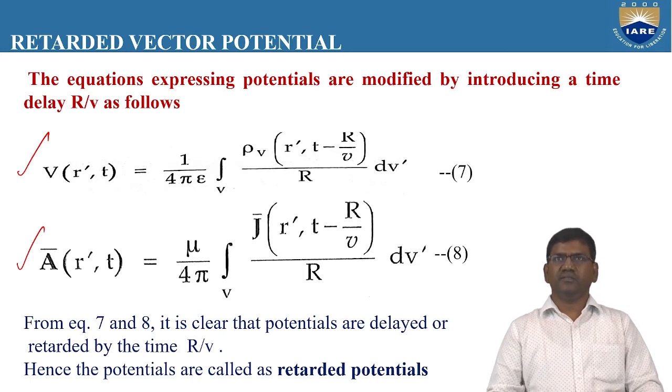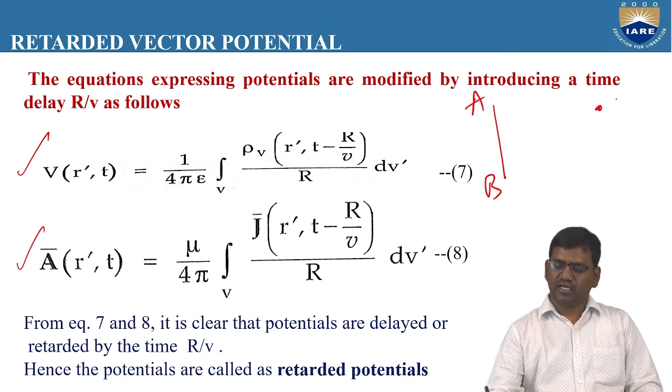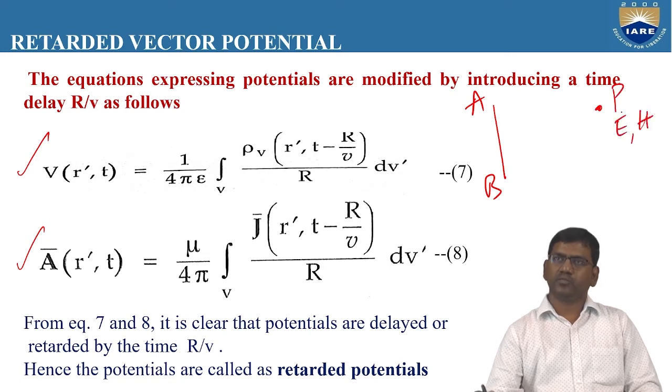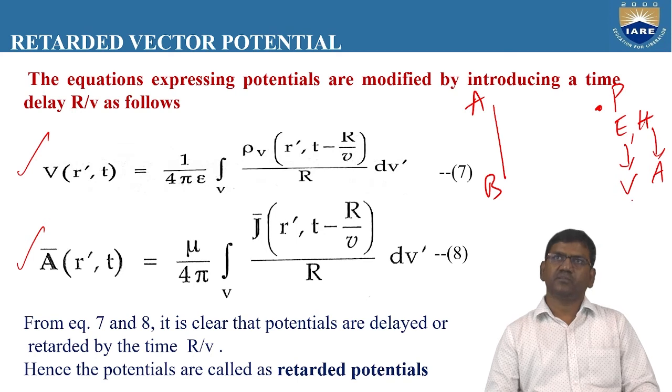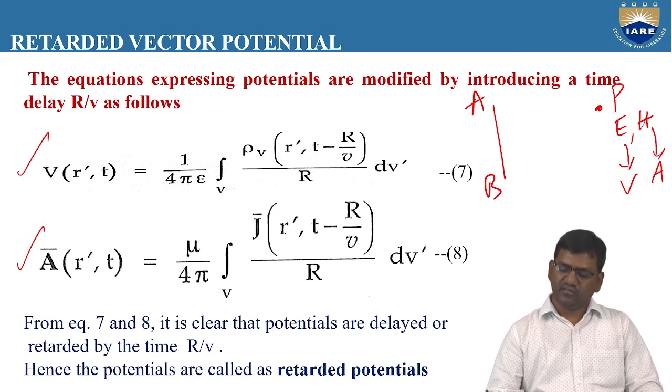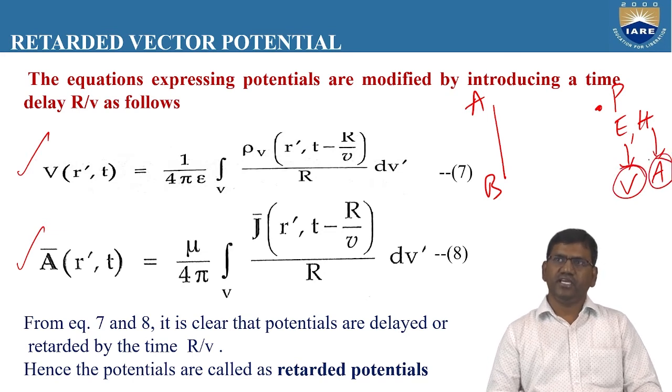Why is this concept derived? To calculate the electric field and the magnetic field. If this is a conductor AB, and we want to calculate the electric field and magnetic field at this point P, we need to first find the potentials produced, the electric scalar potential V and the magnetic vector potential A. To calculate these potentials at the distant point P, we need to consider all the fields, all the effects produced by this element AB which reach point P at all time intervals.